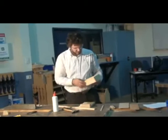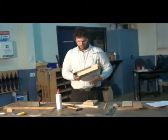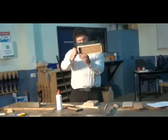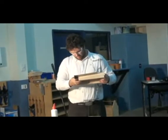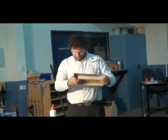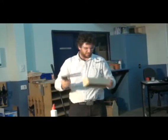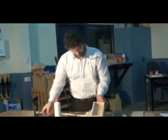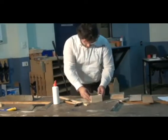Now, very important before this glue dries, grab a square and check that your box is sitting nice and square. If it isn't, you might have to manipulate it by squeezing corner to corner until it is. That looks pretty good. Once you're happy with the squareness of the box,